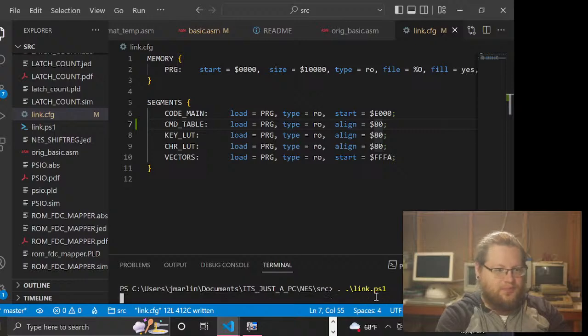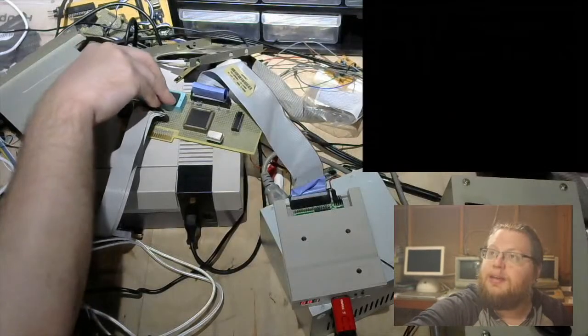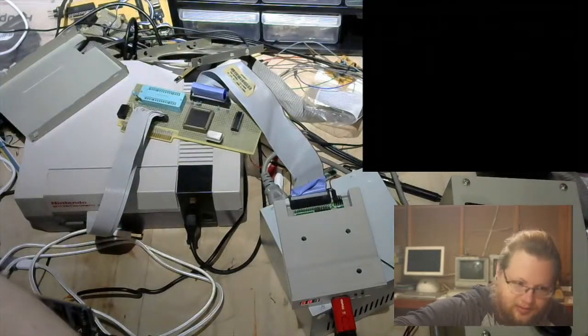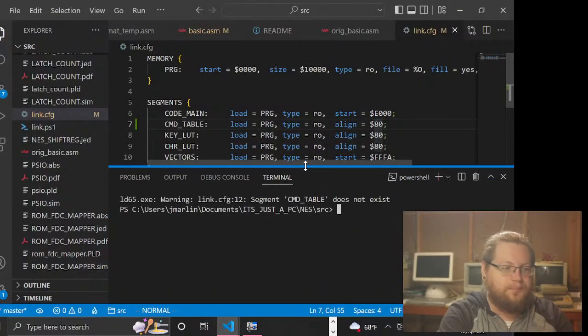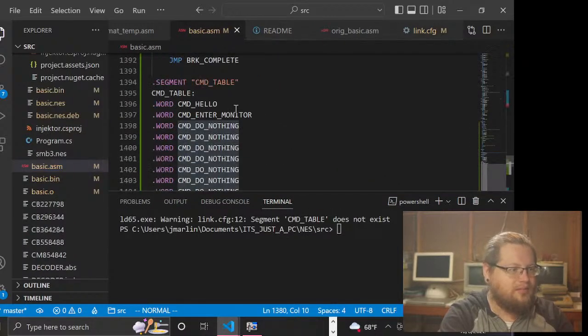Anyway, it's linked, right? We always do this. Give me this EEPROM. And put this. Oh, wait, it didn't build. Oh, sad day. Segment command table does not exist. What are you talking about? Is it because I totally misnamed things and...